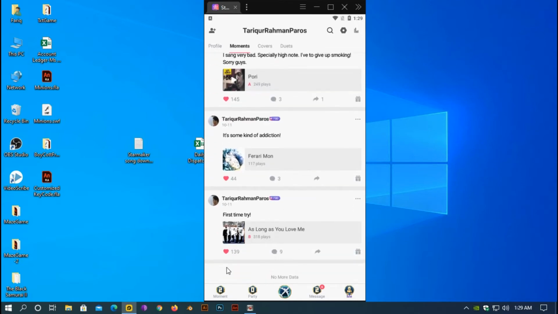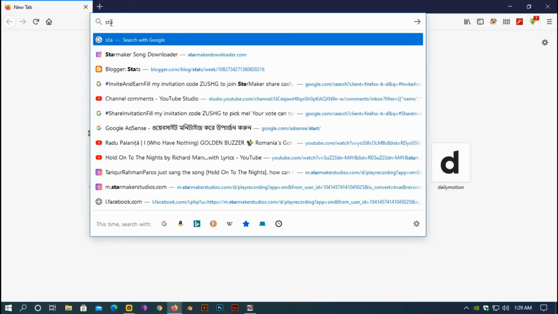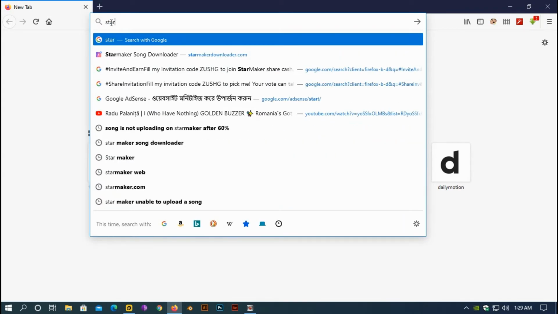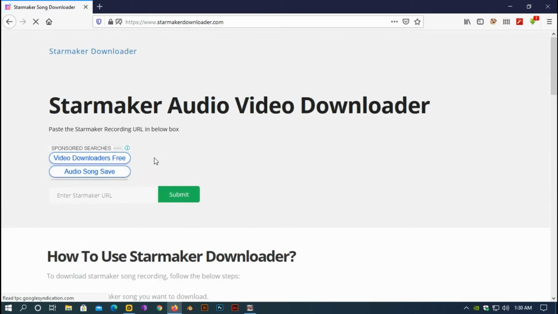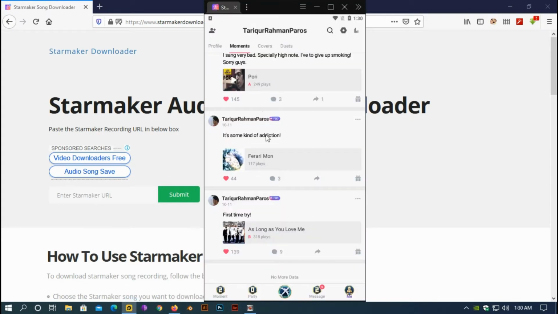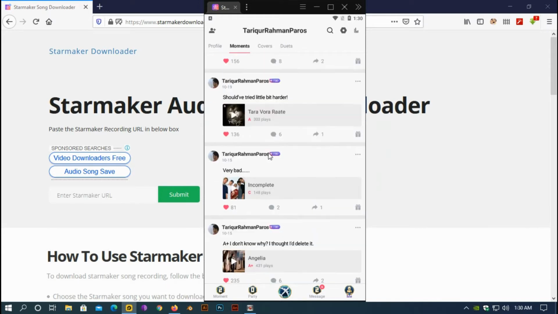To do so I have to open my browser, and here I'll visit starmakerdownloader.com, and this is the website. And now on my StarMaker app I'll open any of my songs,